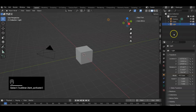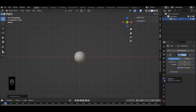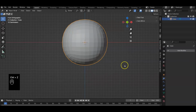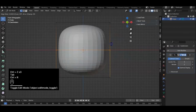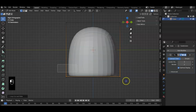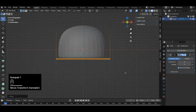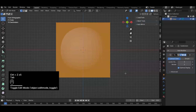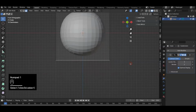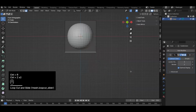Okay, so we are going to delete the light and the camera as always. I'm going to take this, subdivide it, and then go to here and apply it. I want to keep this dome shape here. Even if you didn't apply it, I can just do a loop cut here, but I'm not really fond of it, it's elongated still, and I have to reshape it. Not really a fan. I guess I can take this bottom one and extrude it down, but the shape still isn't right,